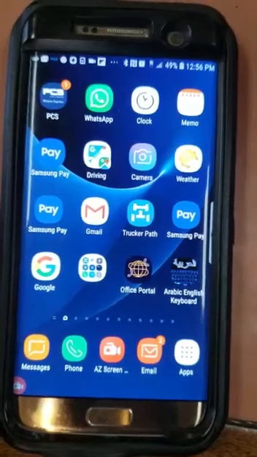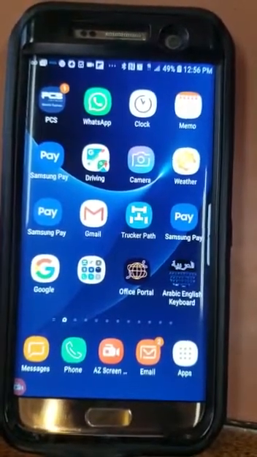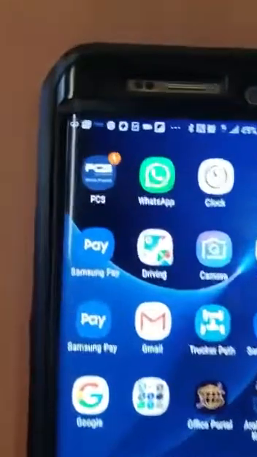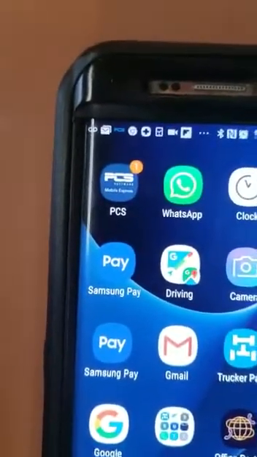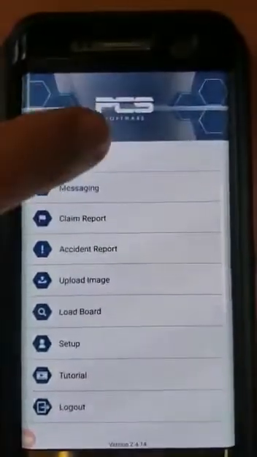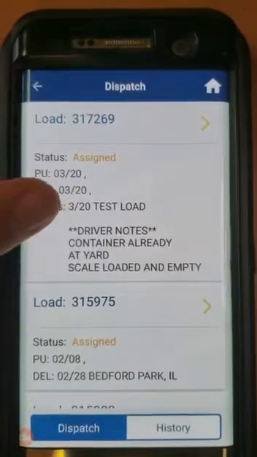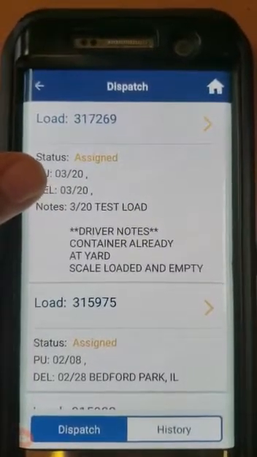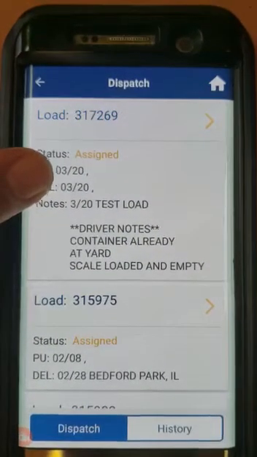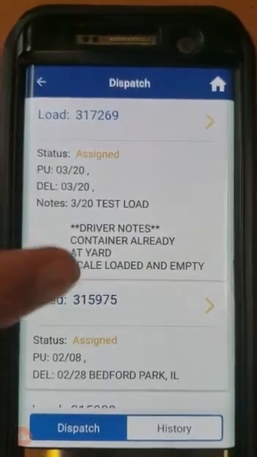In this video, I'm going to show you how to accept the load and update the load events every step of the way. So the first thing you do is click on the app, click on dispatch, and now you have the latest and greatest load we sent to you on top,